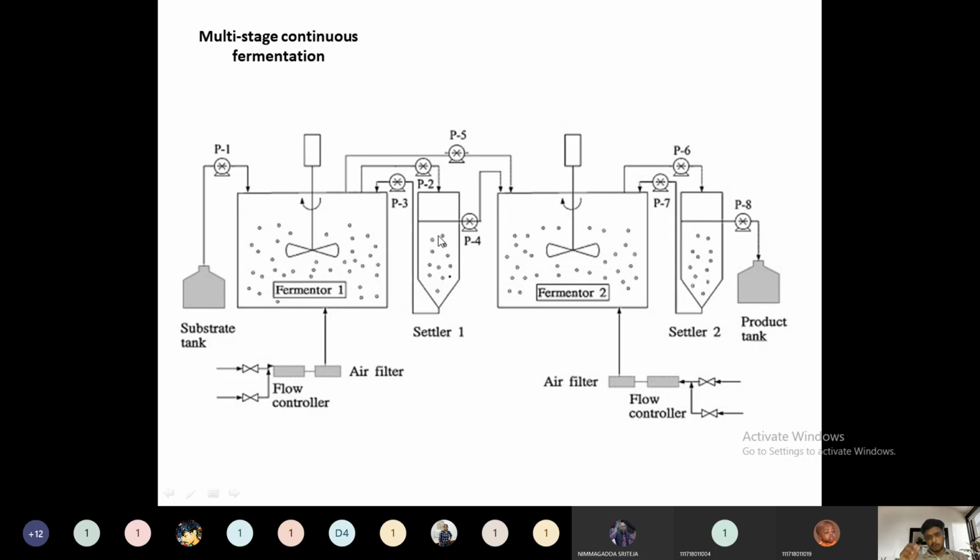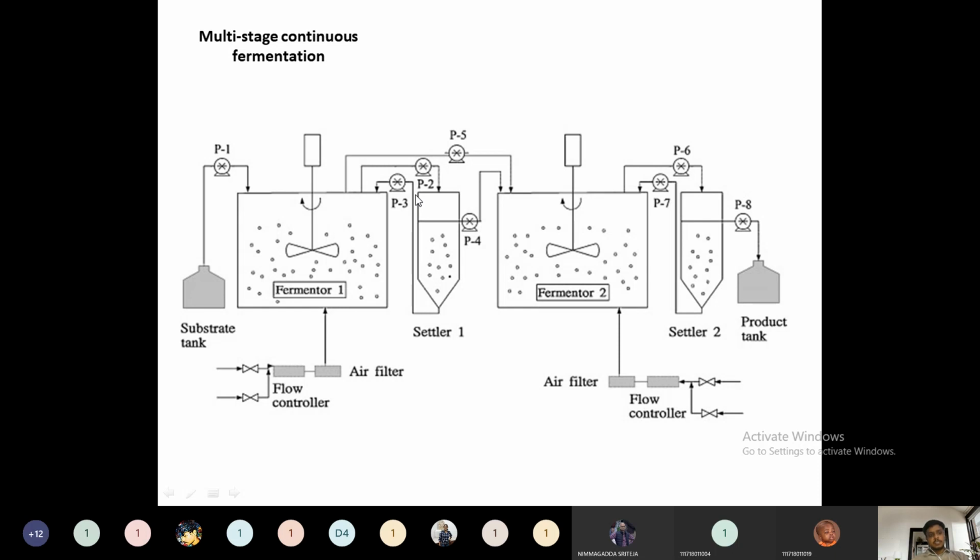Whoever is operating this continuous, automated process should have more knowledge about the fermenter and microbial behavior and growth. The operator of this continuous fermentation plant should have some knowledge about the continuous operation of the plant. At the same time, for whatever microorganisms the plant is operating on, the whole growth curve and behavior of those microorganisms has to be known by that operator. So these are the various disadvantages of the multi-stage continuous process.